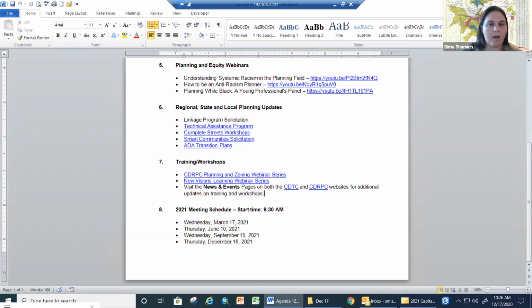And then Planning While Black was moderated by Dr. Johanna Rogers, and she moderated a discussion with 3 Black women planners who are recent graduates of the U Albany Planning Department, our master's program. They discussed their experiences as professionals who are Black and who are women in the planning field, and the issues that they deal with on a regular basis, given that they have those intersectional identities. So yeah, I agree. I thought they were really excellent sessions.